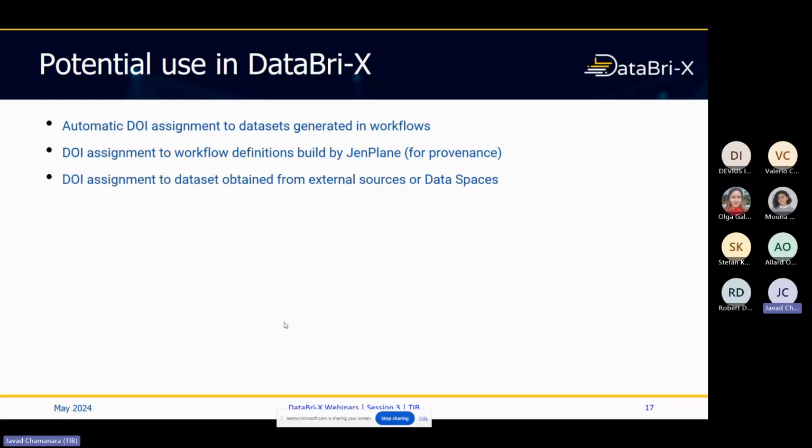In DataBri-X, we have created a wrapper for this. This wrapper basically is like a Python client that is calling DUI minting and DUI querying. What we want to do with this is to automatically assign DUIs to the data sets in the workflows that we have. Let's say that we have a workflow, as Robert just showed, with the network operator. When they are analyzing the text, for example, and come up with a data set during the workflow, if they need to register that workflow and keep it for a long time, they may need to assign